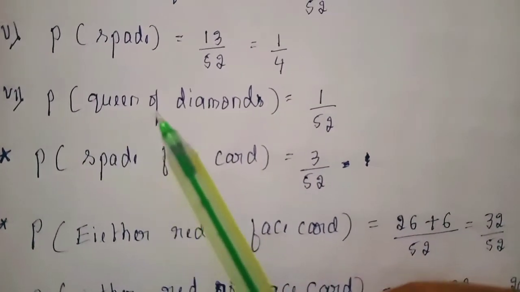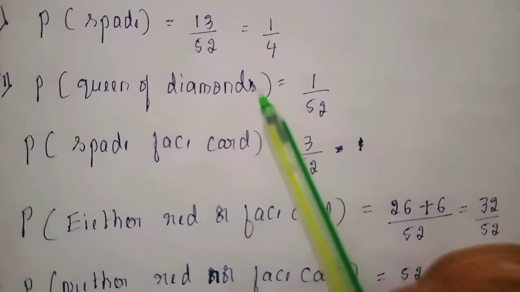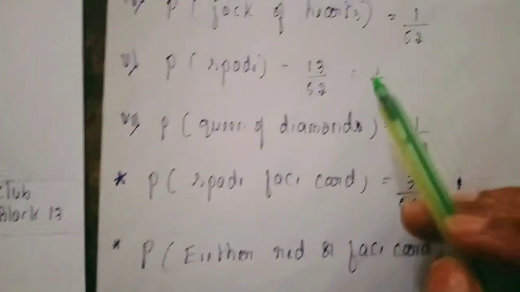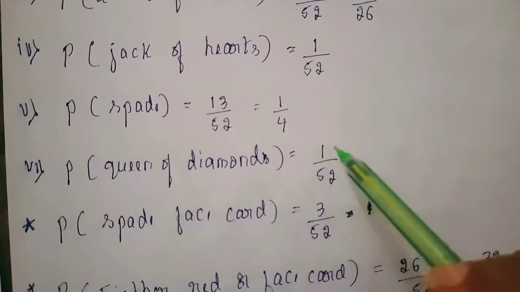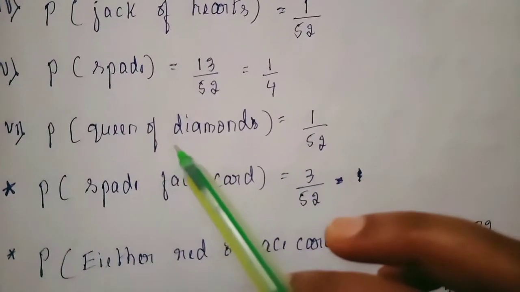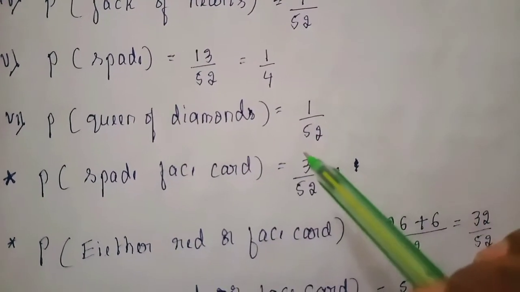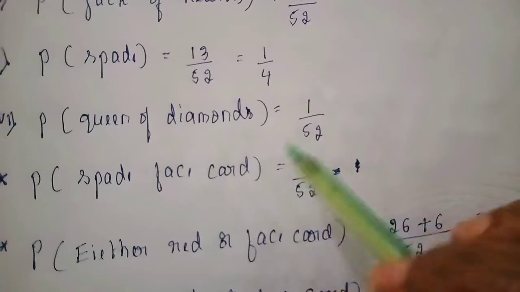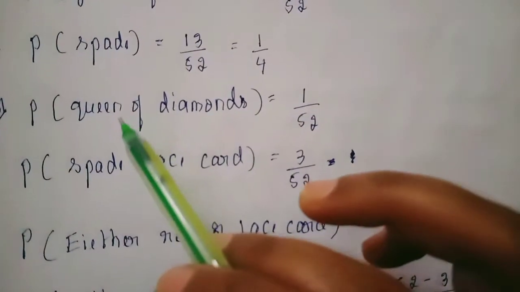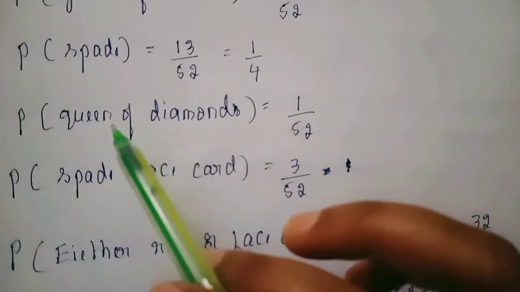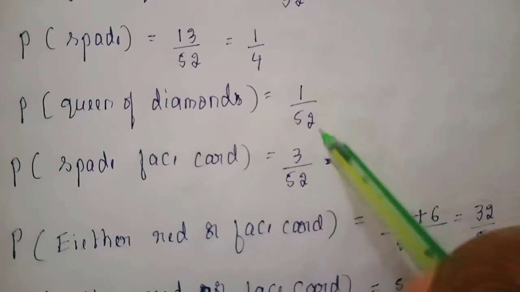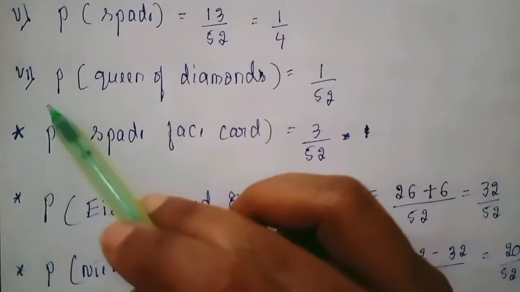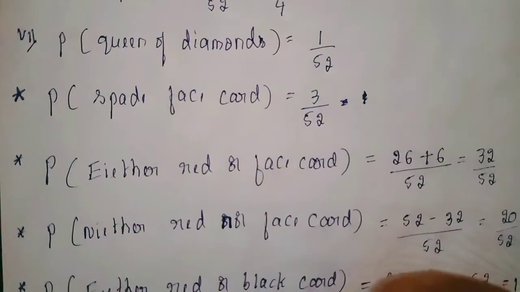Next, probability of queen of diamonds. Queen of diamond. So you can see in diamond you have only 1 queen. So that is queen of diamond. 1 by 52. Suppose if they asked only diamond, that is also 1 by 52. If they ask diamond, they didn't mention queen, that is nothing but all the diamonds, that is 13 by 52. So here he mentioned queen. Suppose if they ask face card of diamond, then it will come 3 by 52. Like depending upon the question you have to analyze properly. So till here you have textbook question, and from here I have added some more question.